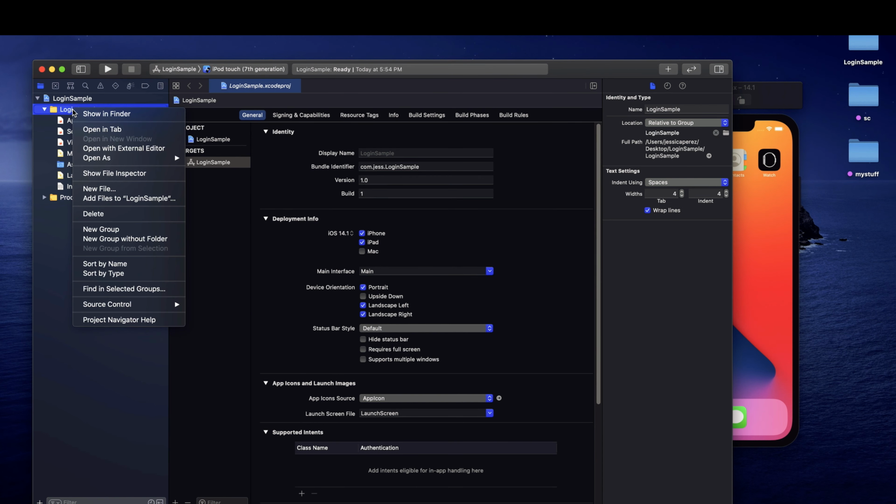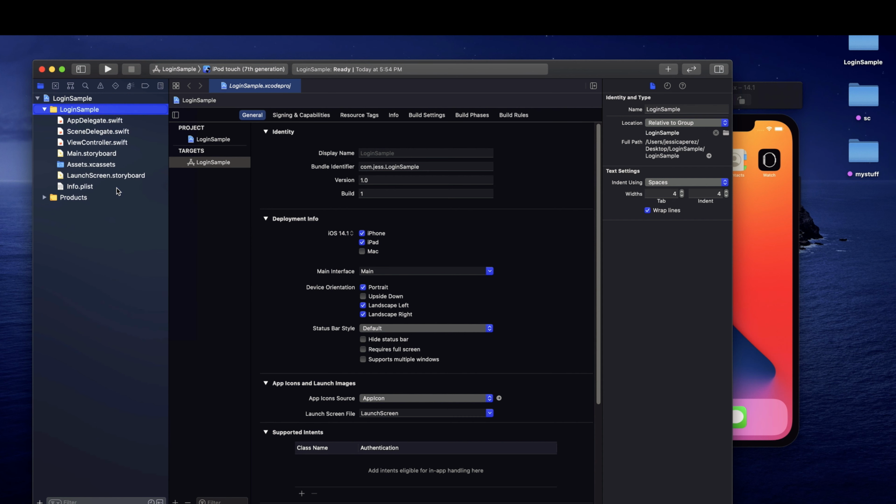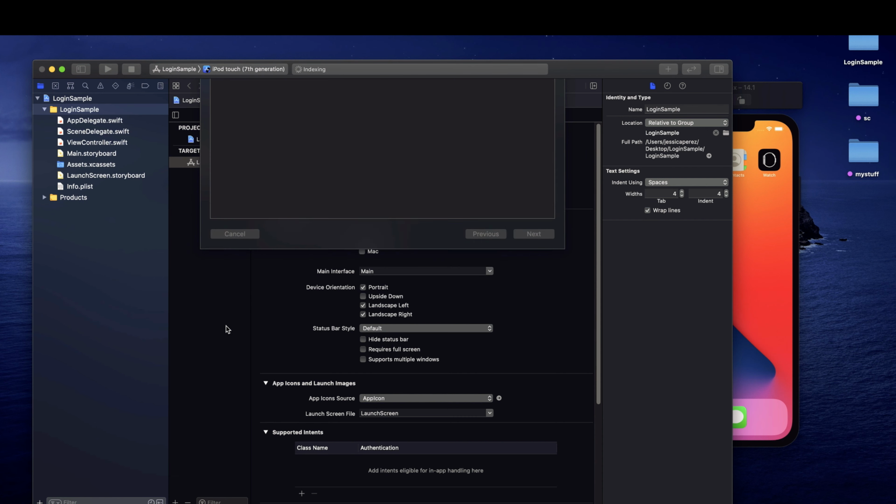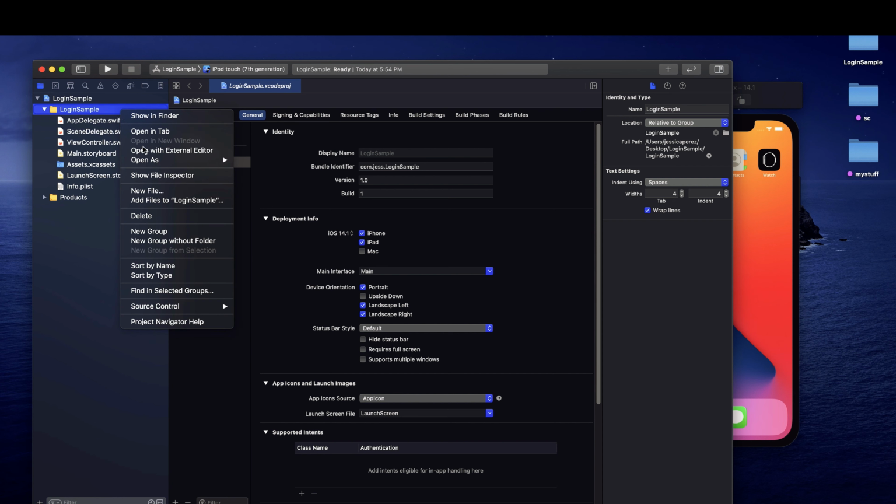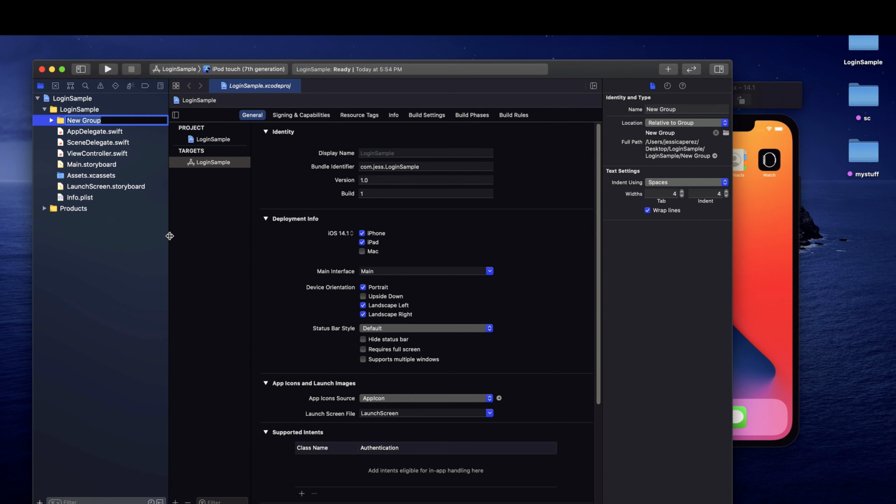And before we start, let's create our folders, because I don't want it to get a little bit messier later on, I meant. So you click new group. New group is you're just adding folders. So we're going to create authentication. And in that